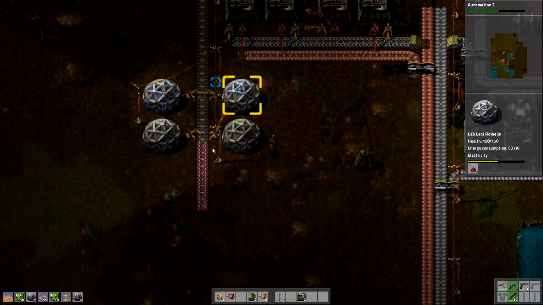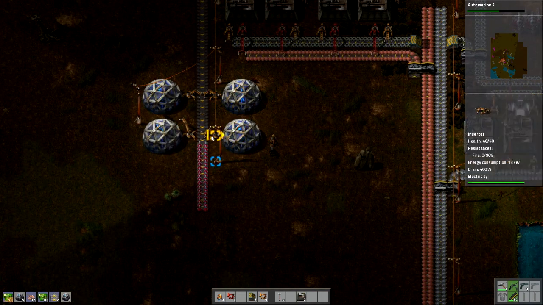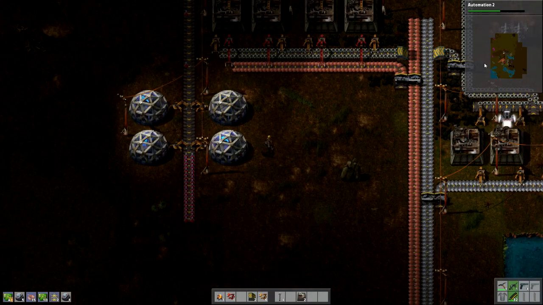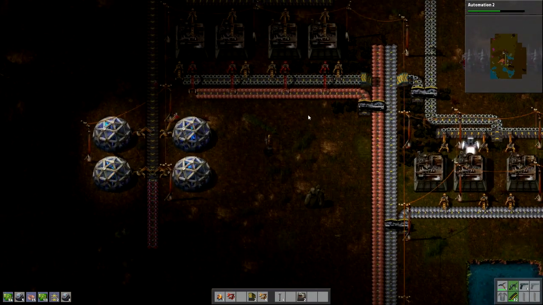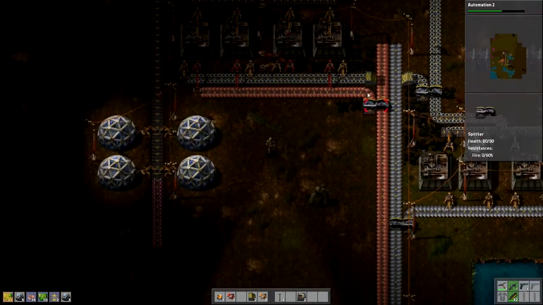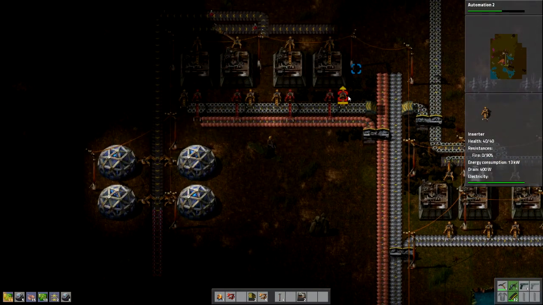So actually, what we'll do is we'll plop down these labs, and then we'll just call it a day. A nice kind of short little episode. But now, once these are down, we can really start researching like mad. Get some automation. Oh, there we go. Nice and smooth again. Get some automation for our green packs and